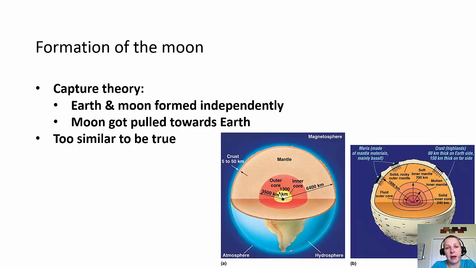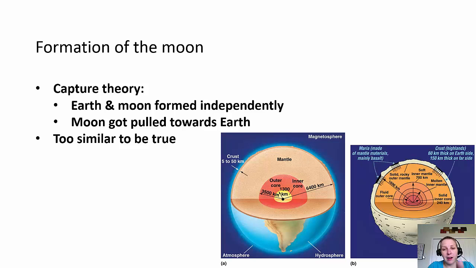So then the next theory is the capture theory. Basically, the moon formed somewhere out there independently of the Earth altogether, and then somehow it got attracted to the Earth's gravity, and there it is. Right? So because it's attracted to the Earth's gravity, you'd think it's actually pulling towards the Earth. Well,